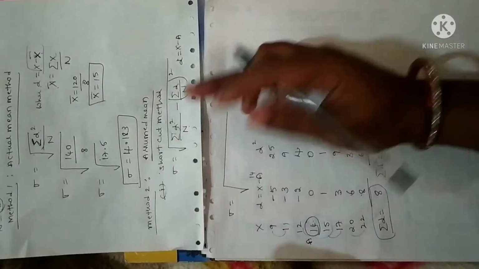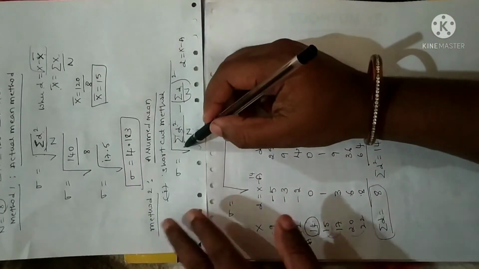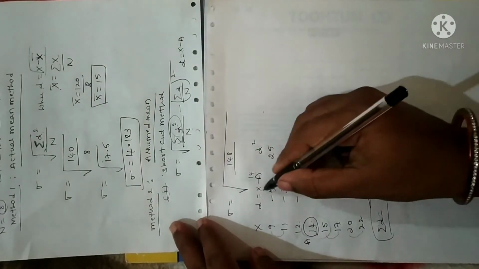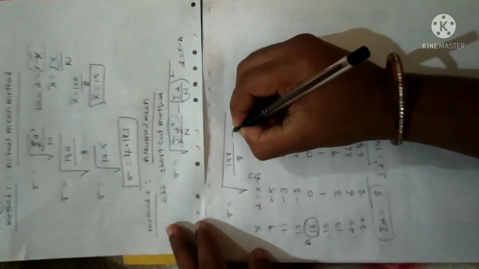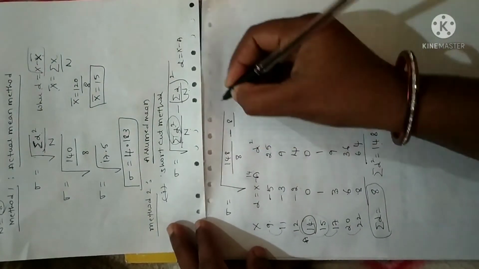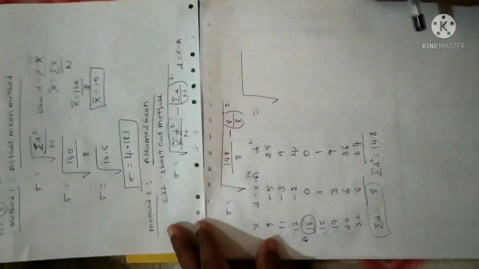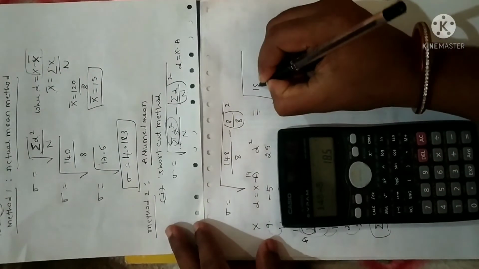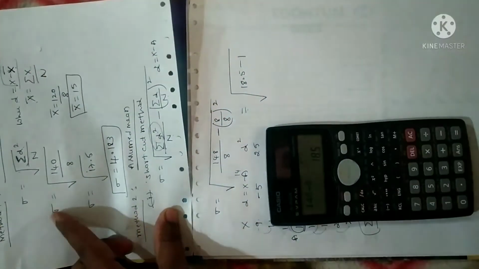Now I'll make a substitution here. Remember here I have sigma D square but not sigma D whole square. Sigma D square in the sense 148. So I'll write here 148 divided by n, the total number of data. How many data is given? 8. Clear? Now minus sigma D divided by n whole square. Sigma D value is 8 divided by n is 8, whole square. Fine. Now I just calculate here. 148 divided by 8 is 18.5, minus 8 by 8 is 1. 1 square is again 1 only.